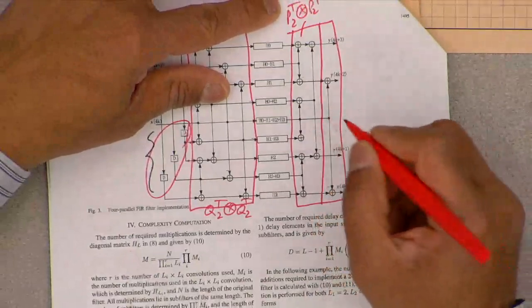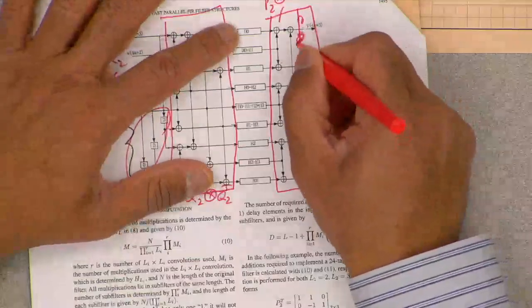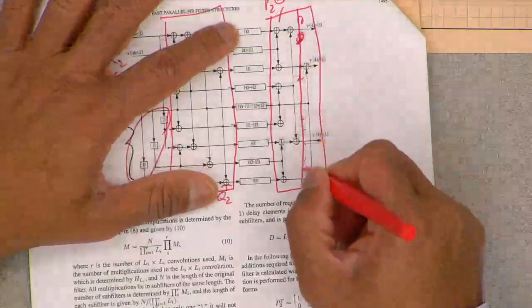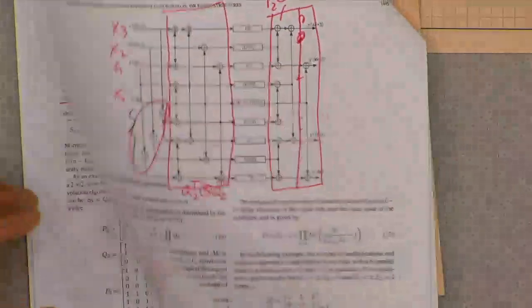Oh no, I guess not. Let's see here, no, there's no more. Okay, that's fine. So the whole thing is P2 transpose. So that's one way to think about this.